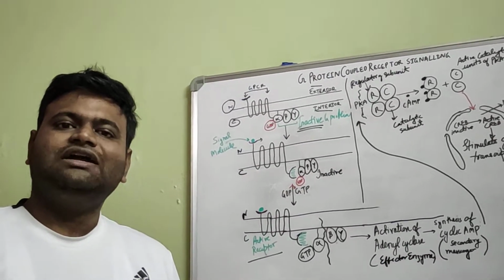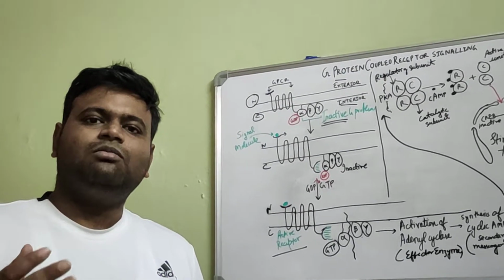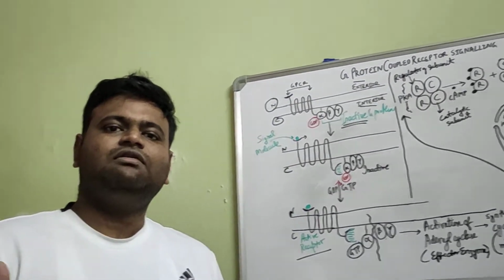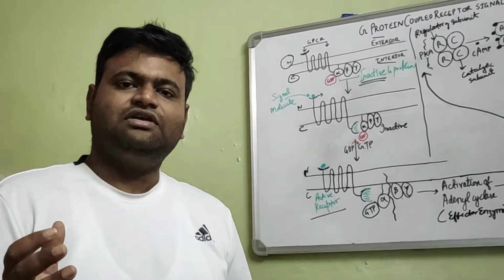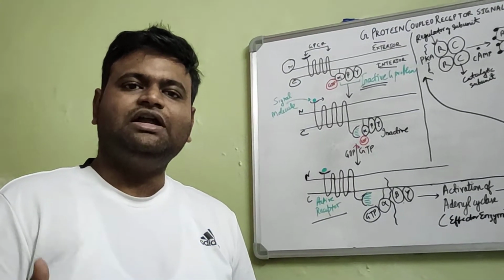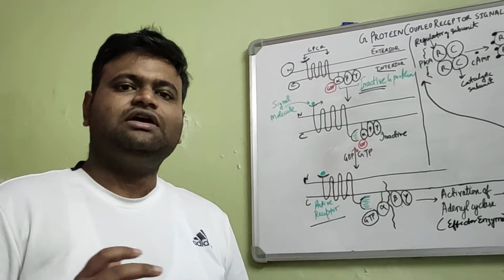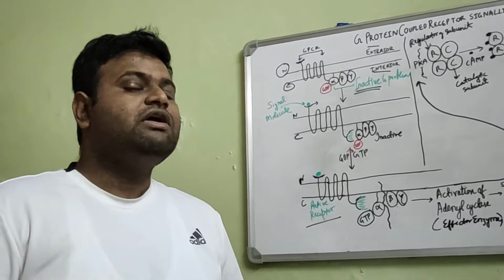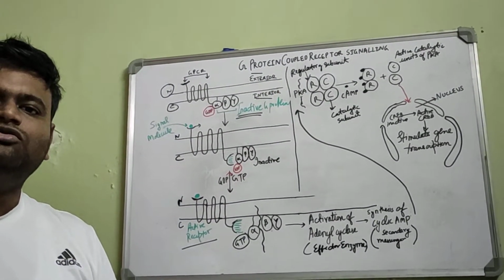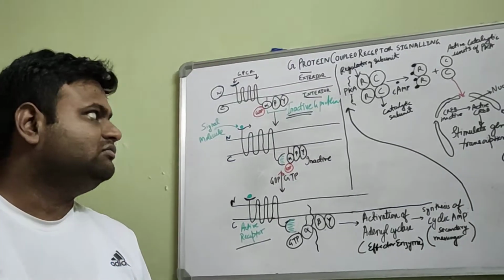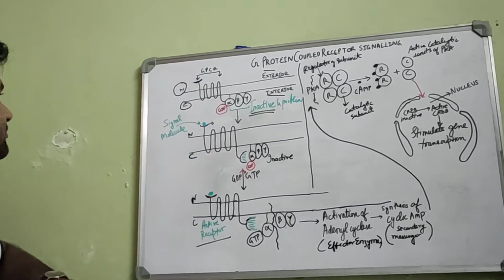Now, as we know, cells communicate with each other in different forms, and cell communication in the form of cell signaling is one of the ways in which cells communicate. Now cell signaling is of several types such as GPCR signaling, receptor tyrosine kinase signaling, JAK-STAT signaling and so on. Today we are going to study about G protein coupled receptor cell signaling, also known as GPCR cell signaling.